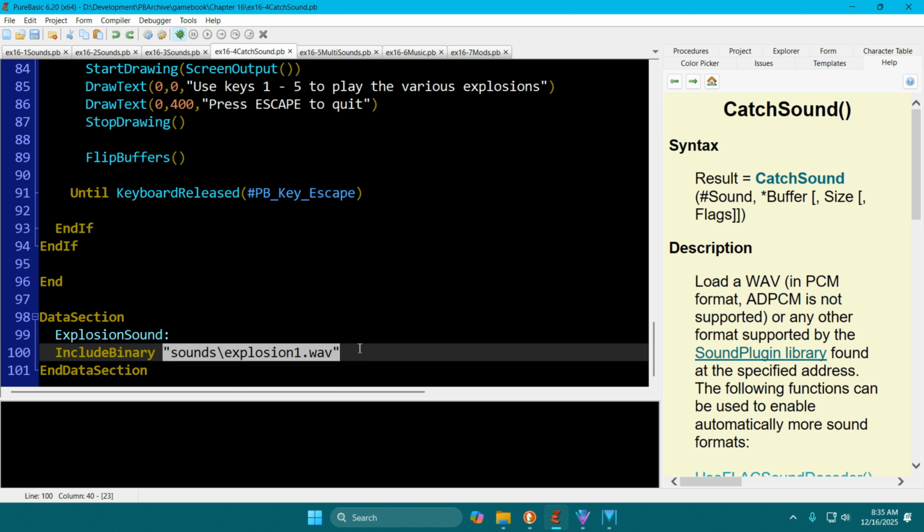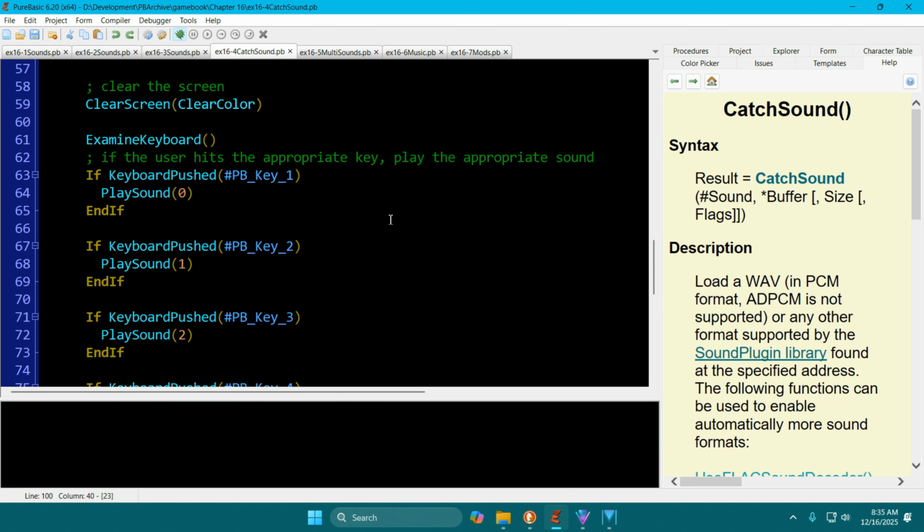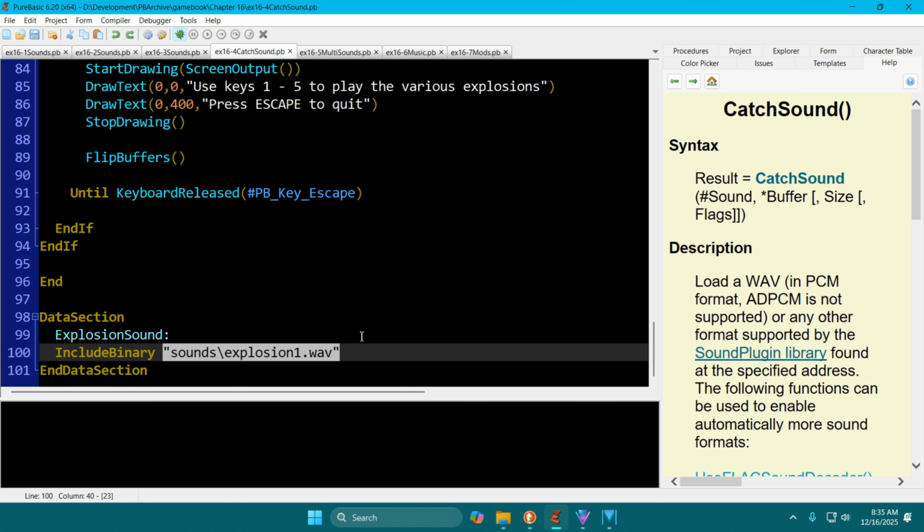So he's loading this into memory and has it in memory. So there's kind of preloading it. That way it's like instantaneously there. And it compiles in with your executable. You don't need to distribute the explosion wave with your code. You can just load it into memory and it pulls it straight from memory. So,